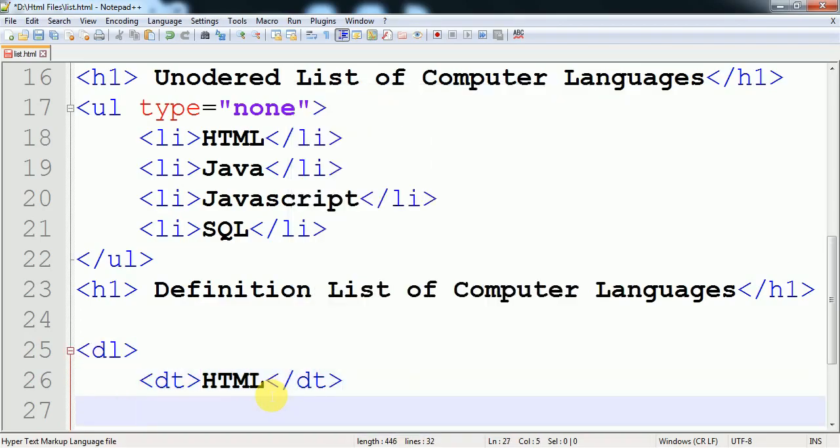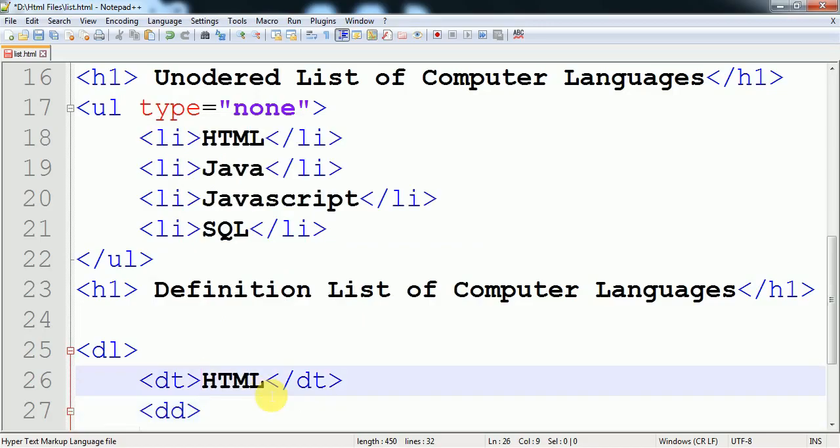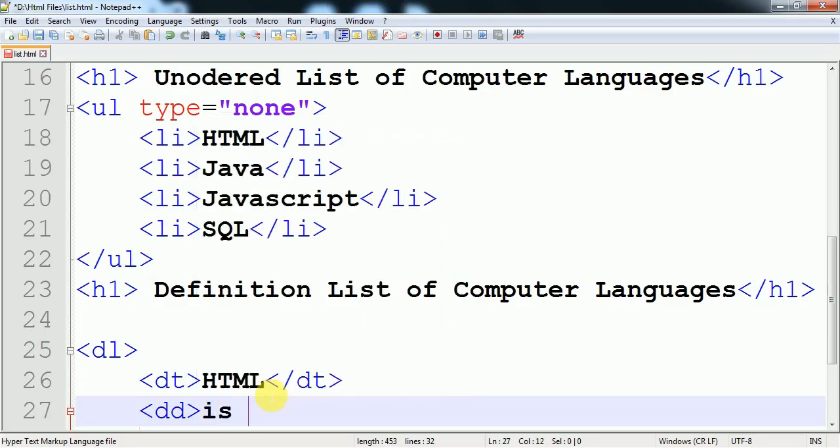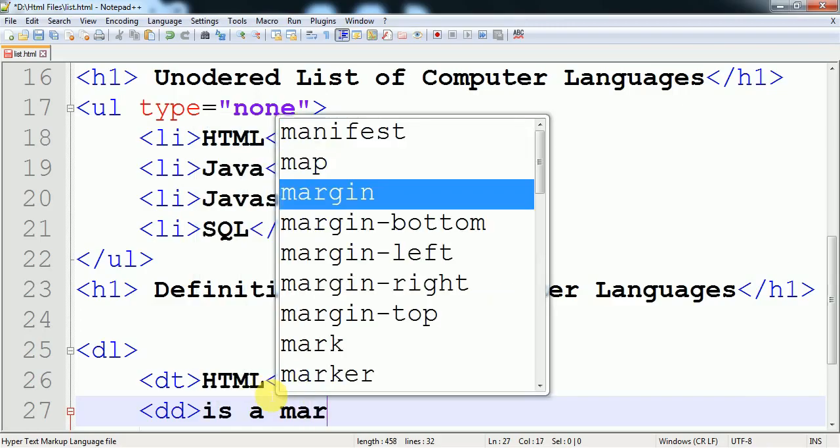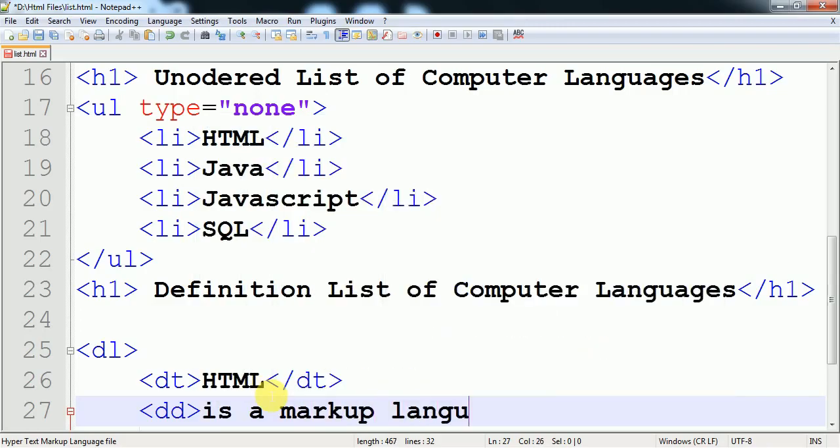Now to describe this definition we use DD, data description, or we can call it definition data description. So whatever the data is, the data is HTML, that is a markup language. I close this DD tag.